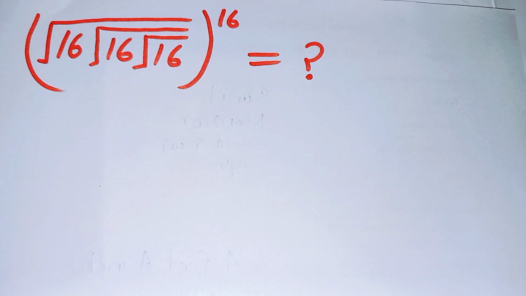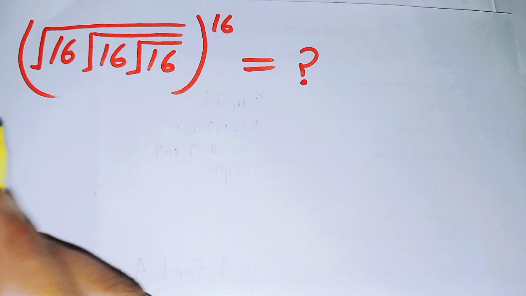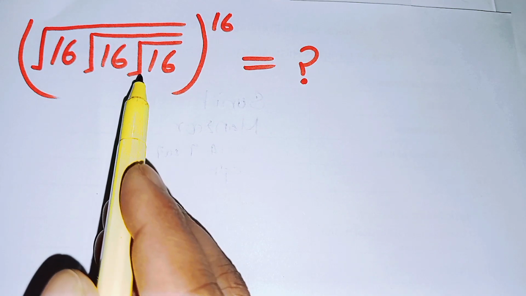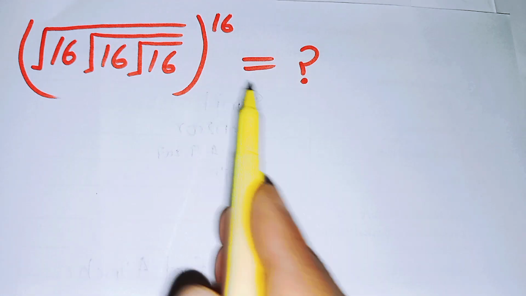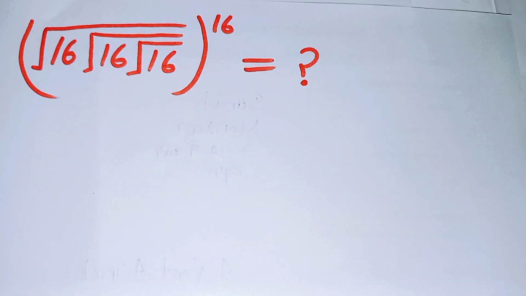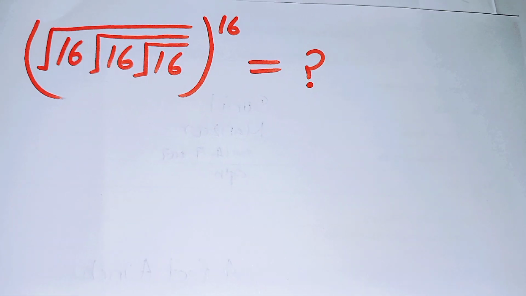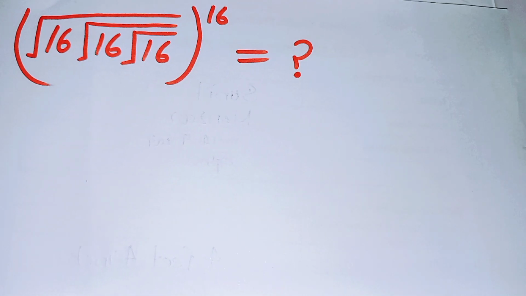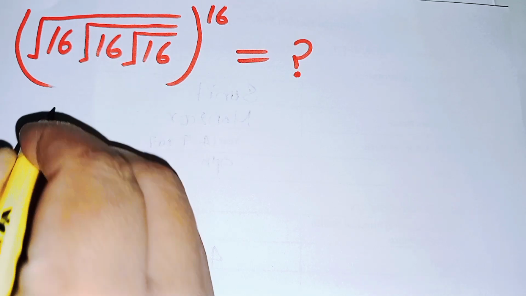Hello everyone, welcome to solve a nice math Olympiad problem: square root of 16, square root of 16, and square root of 16, and the whole thing to the power of 16, is equal to what? Solution. Here we can solve this square root problem with the help of two methods. First of all, the first method is,